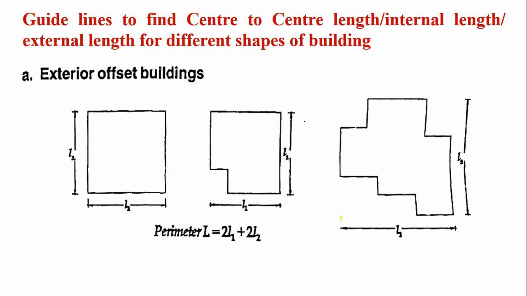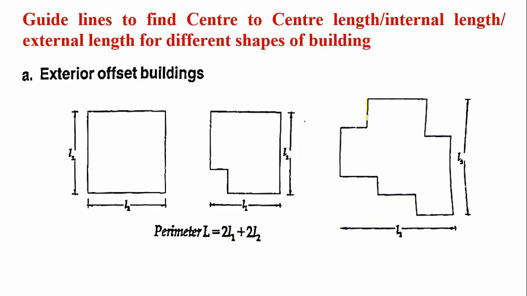Similarly, if you see this total width, they have given it as L1, right? So for example, this horizontal length, this horizontal length and this horizontal length, if you add up these 3 lengths, it will be equal to L1. Similarly, the bottom portion, this plus horizontal portion plus this, if you add up these 3 portions, again it will be L1 itself. So therefore it is 2 times L1.